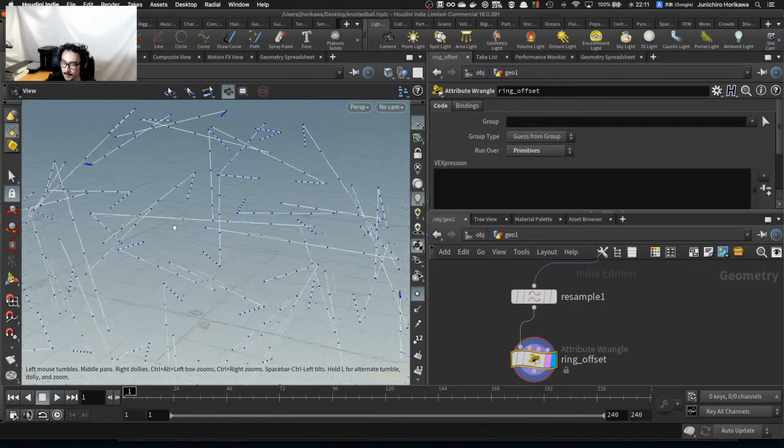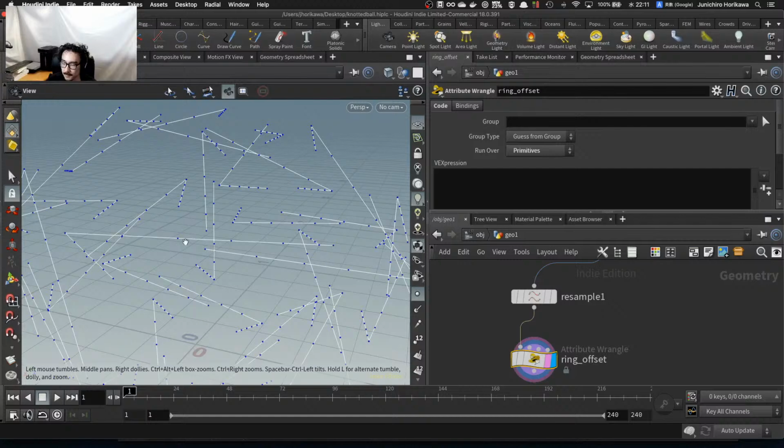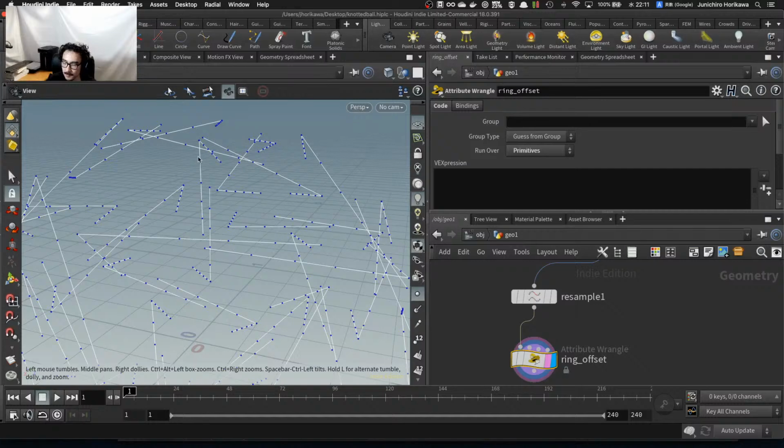I want to move those points which are close to the center of the line farther away from the center. And when it gets close to the end point of the line, then I want to avoid moving those points, to make it like an arch. Okay, to do that,